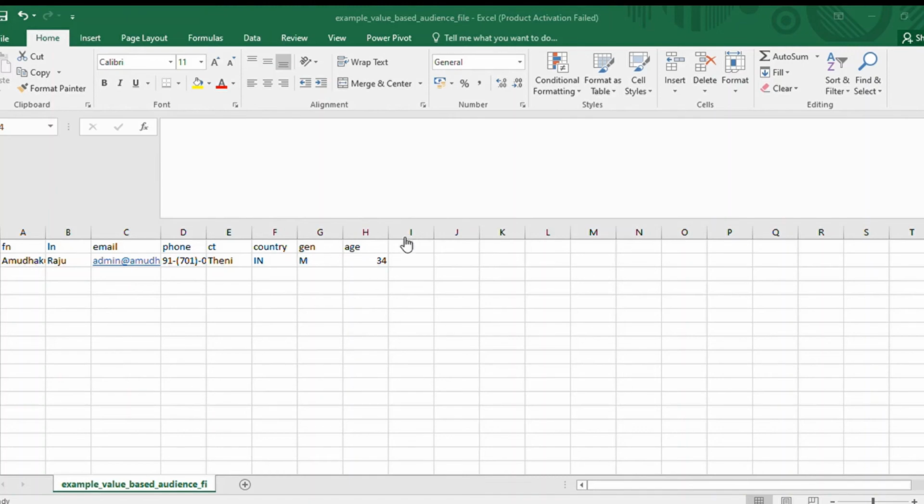Now there are two actions that need to be taken. There is something called user ID which is used but that is not uploaded. If you have something you do not want, you can go ahead and say it is not required or it is not being uploaded. There are several identifiers that can be used. You can use email address to upload as data. You can use people's phone number to upload. You can use their mobile advertiser ID. Every mobile has an advertising ID, the customer value, the surname, zip code, city, region, and all the stuff.